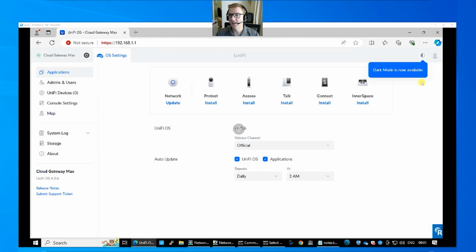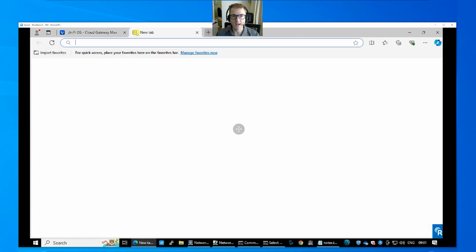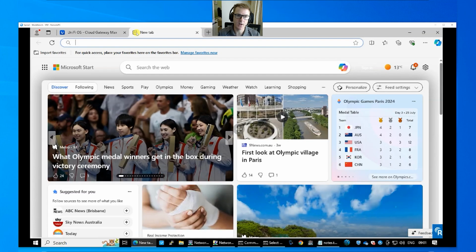My first thing here, obviously you can see over here we have the option to turn dark mode on and off. If you like dark mode, that's cool for you. User is your currently logged in user, and you can change your details there. Remember, this is also linked to unifi.ui.com, and maybe that's an appropriate time. Let me see if I can show you what we have here. So if we go to Unifi,